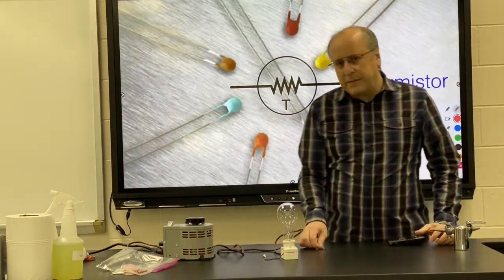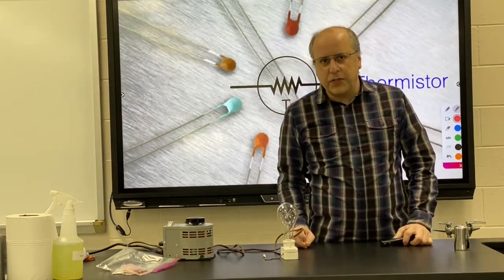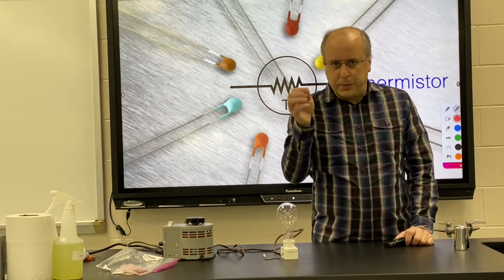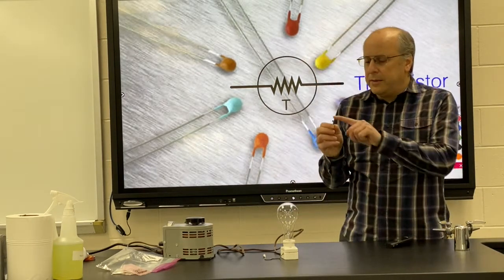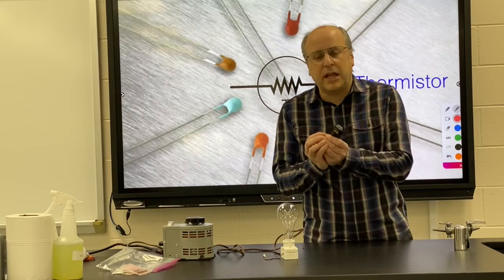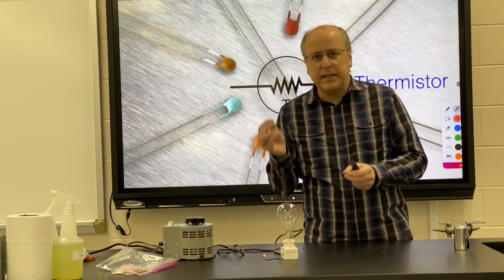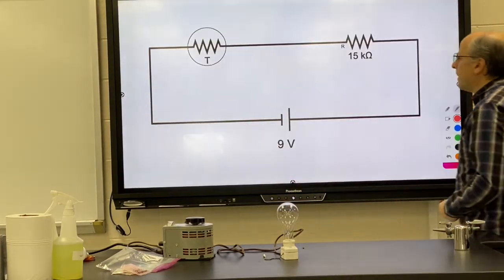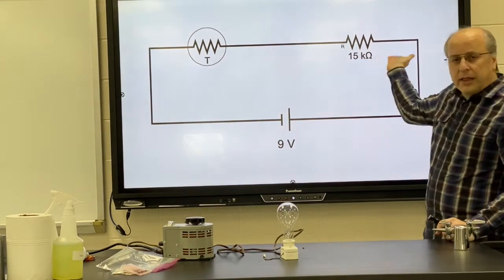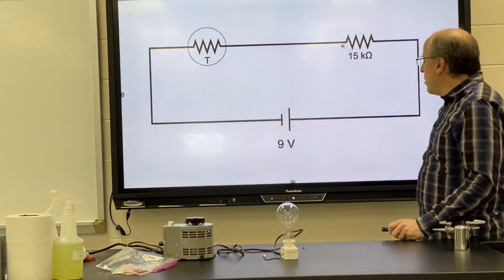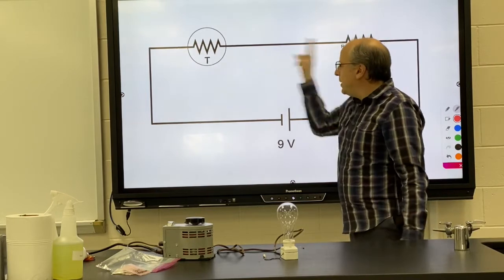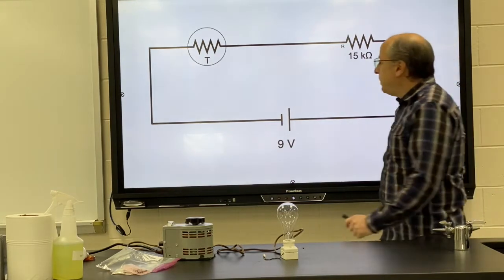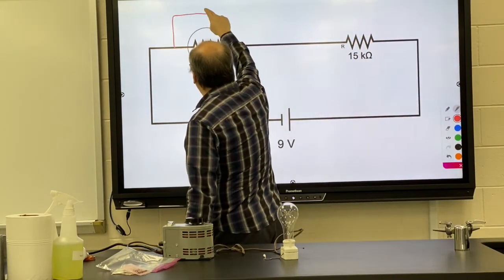Okay, scientists went one step farther and they developed these little things. They're called thermistors. They are little electronic components that we can put into different circuits. And the material inside the thermistor has been studied so that we understand precisely the connection between temperature and resistance for that material. And then what we do is we put it in a circuit like this, a simple series circuit. We know that the 9 volts will be shared between these two resistors. We know it's not shared equally. So based on how much voltage we get here,